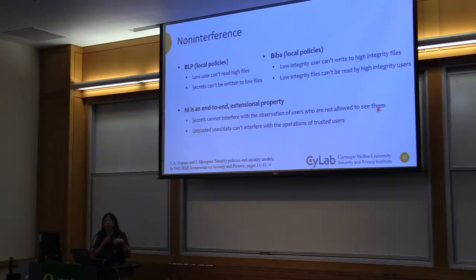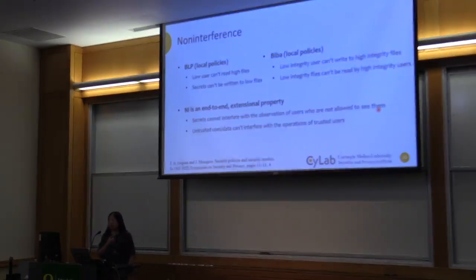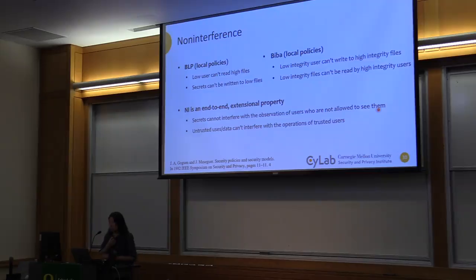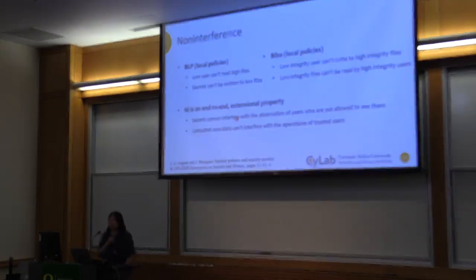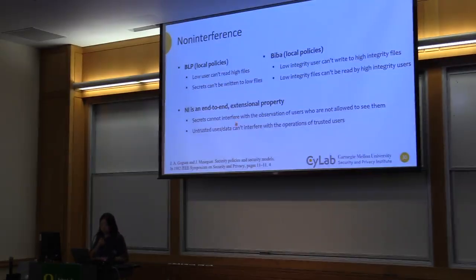So this is saying, it doesn't matter if you're doing BLP or some other enforcement. What we have in mind is that in our system you have some secret, and you have an attacker who interacts with the system and also observes what's happening in the system. We want to make sure that no matter what the attacker is doing, the attacker, by looking at the system run, cannot somehow learn the secret. The word interfere is not obvious yet, but that's the intuitive reading of non-interference.